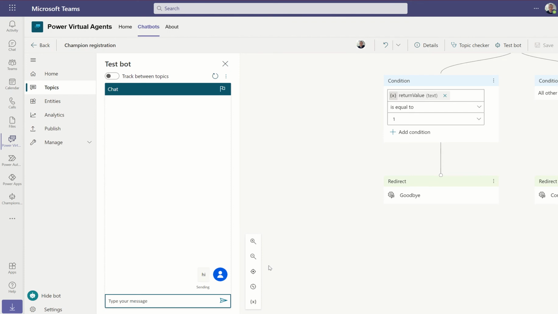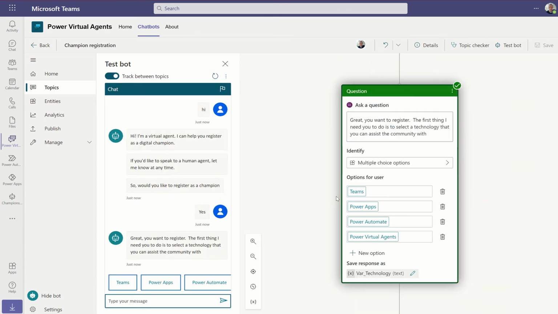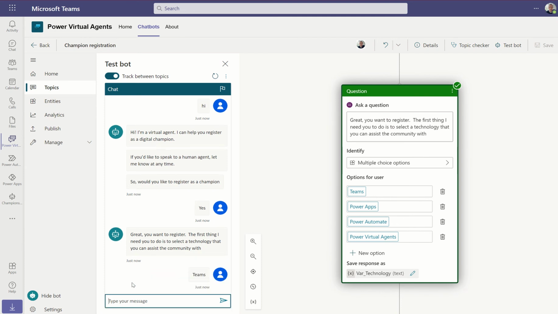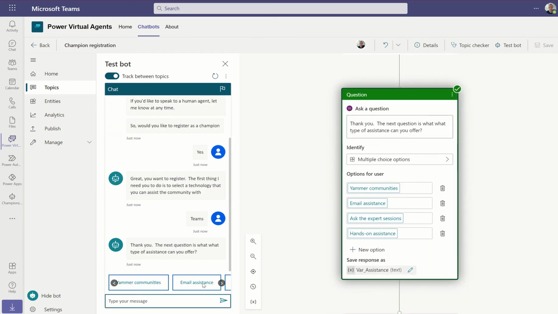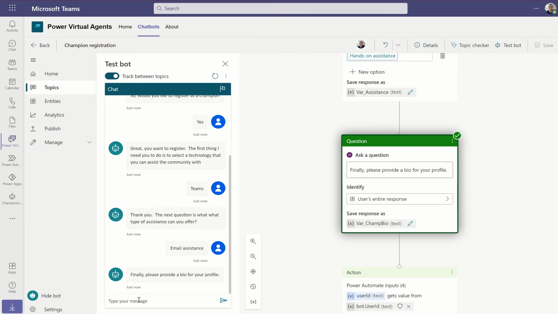So we're going to say hi, and remember, hi is a term that will be picked up as a trigger phrase for our greeting topic. So the greeting topic is running. In fact, if we toggle that to be on, we should follow the conversation through the topics. So yes, I want to register as a champion. Here we go. We want to see which technology. I'll be a Teams person again, and I'll give email assistance. Please provide a bio. This is where I can paste in my